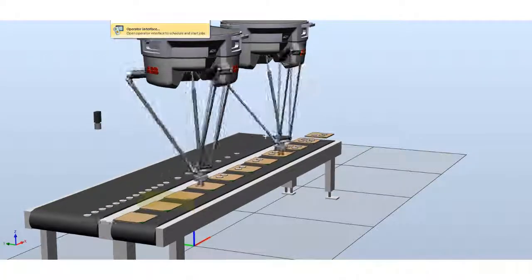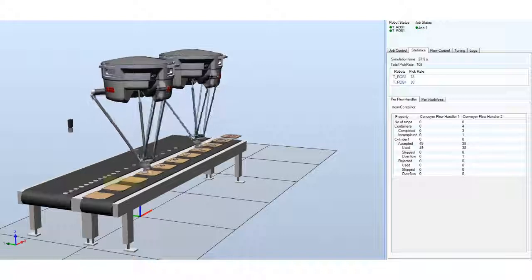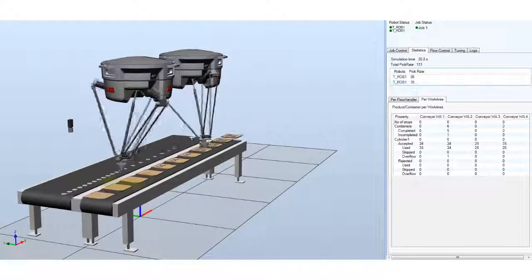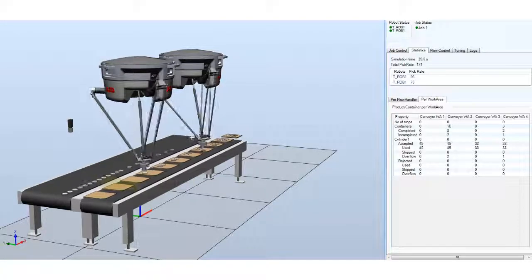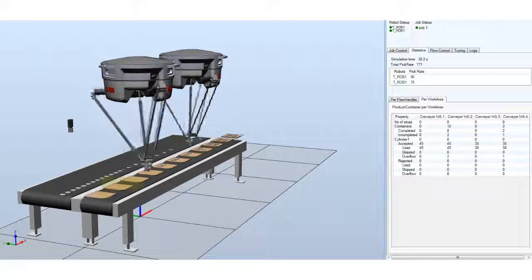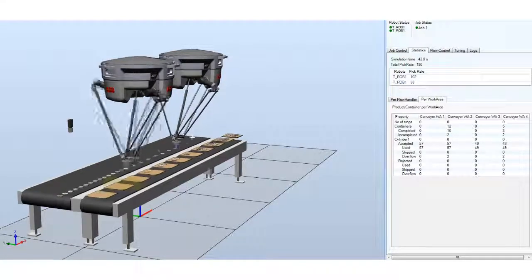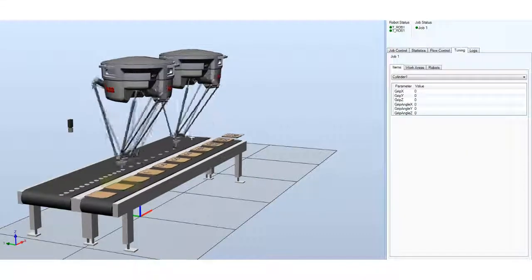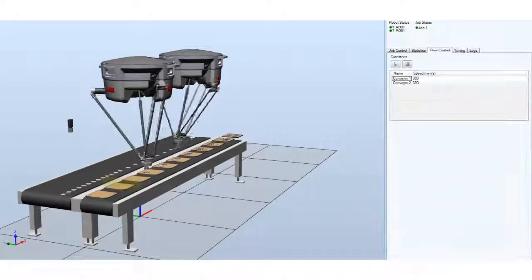An operator's interface can be launched to monitor and tune the simulation. We can monitor the pick rate of the robots and comprehensive picking statistics. It is also possible to tune the running simulation, for instance increase the speed of the second conveyor,